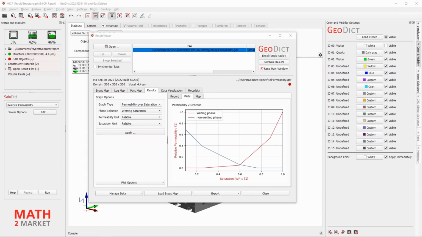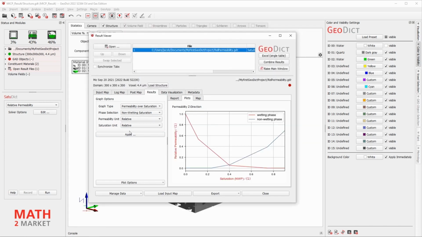You can now see the relative permeability over saturation plot here. You can choose the graph type, the phase, and the permeability unit from relative to effective, and the saturation unit from absolute to relative as well.